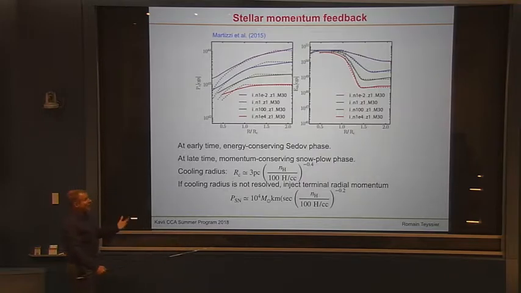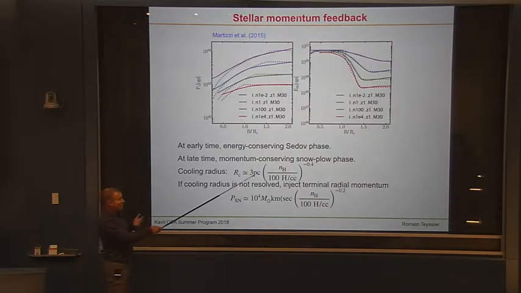And the key parameter here is the cooling radius, the transition between this energy conserving and this momentum conserving phase. And the cooling radius is small, right? So that's the cooling radius for solar metallicity gas. So you see that it's very small, meaning that it's very hard to resolve, right? But the physics is relatively under control here. So here I want to make the same point, and I will have to stop soon, that the physics is relatively known. So there is hope to incorporate this in a subgrid model, right?